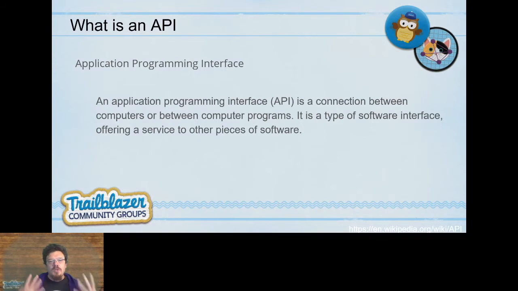So when we're using the API, we reference the documentation for the API, and then we use that. It's usually web-based. It's not necessarily web-based. I mean, even the mouse is actually connected to your computer through drivers, which is a form of an API and stuff like that. So there's a lot of things bolted together with APIs, but we're just going to focus on just one API for today. That's the Pardot API.